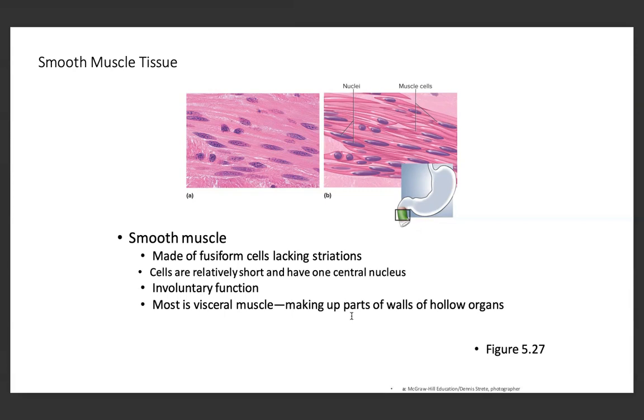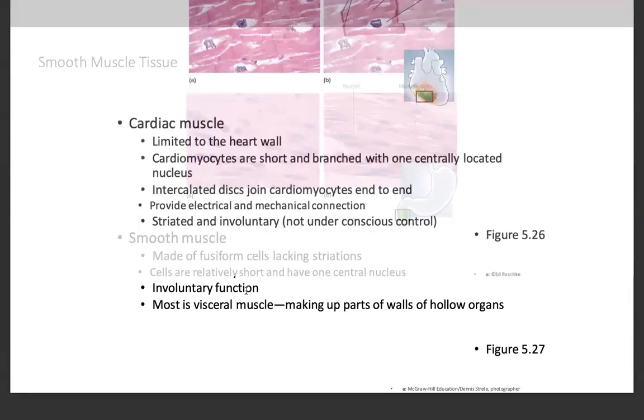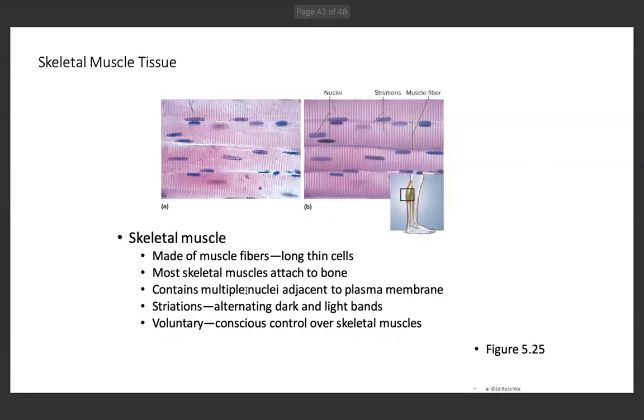So both cardiac and smooth muscle are examples of involuntary function, involuntary muscles. They don't require an external stimulus for them to work. Skeletal muscle does. Skeletal muscle are essentially the muscles that we try and work out when we go to the gym. And these are very much voluntary muscle because it takes work to achieve a lean body and to maintain